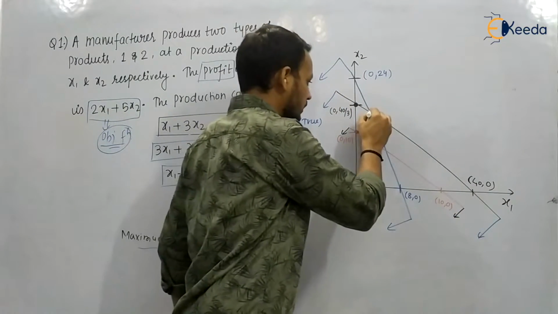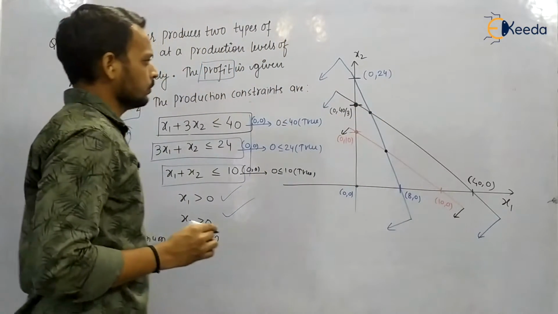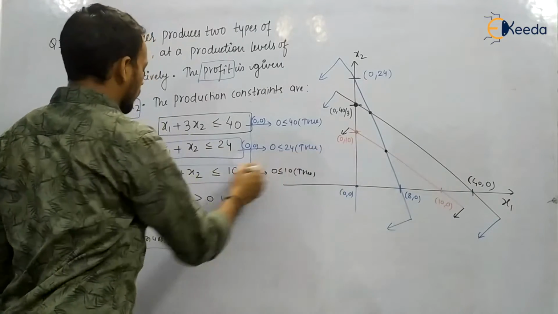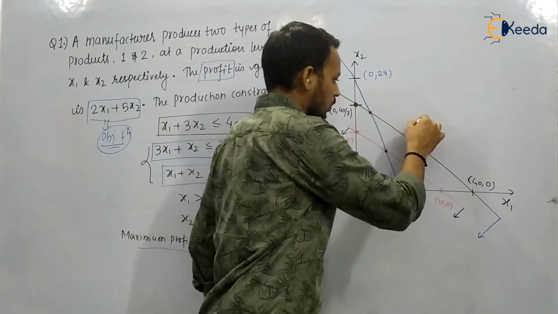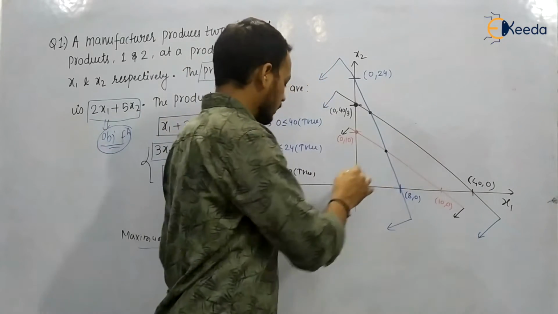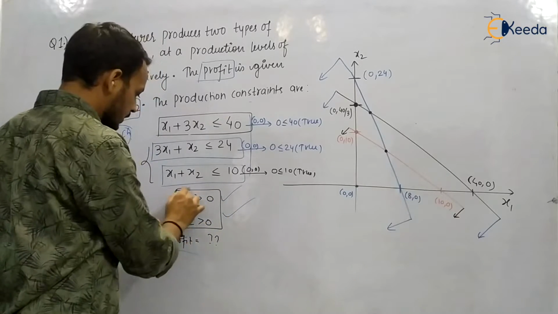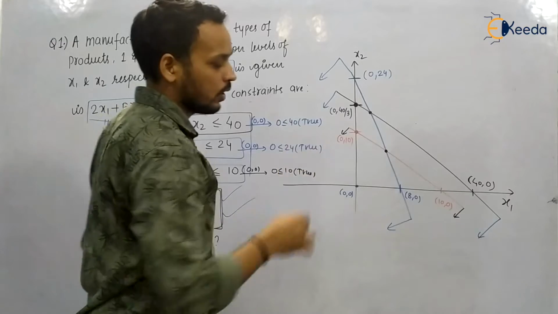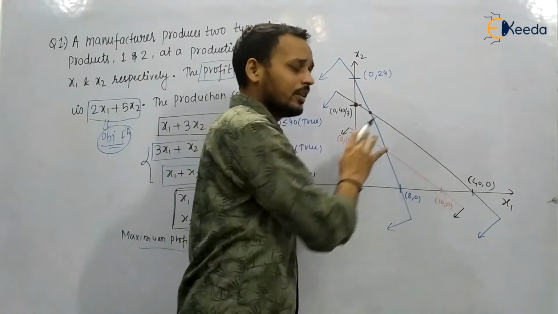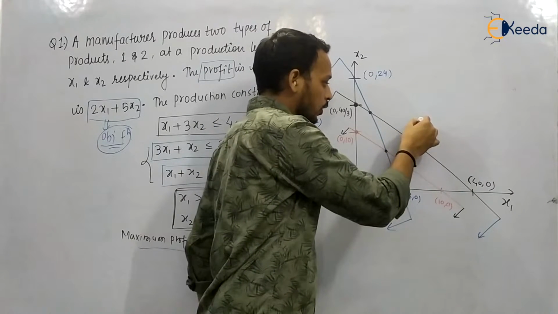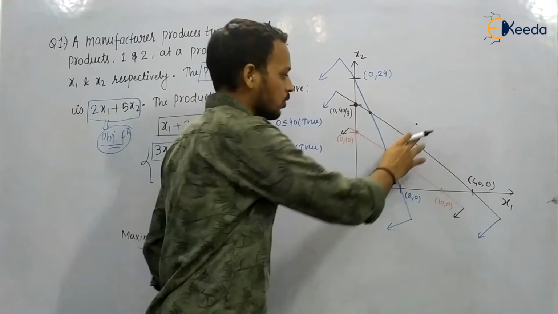So we have got two intersection points, one here and another here. So this point we have got from these two constraints. So we will find the feasible solution. If you are going to take any point here, okay, and non-negative restrictions, you should not forget it. Non-negative type restrictions say that you must stay in the first quadrant. Okay, so we will stay in the first quadrant. So if you are going to take a point here, then it is not going to satisfy any of the constraints. So this is not our feasible region.